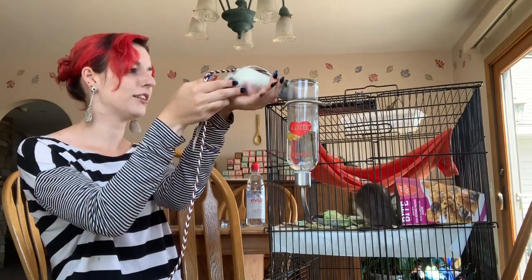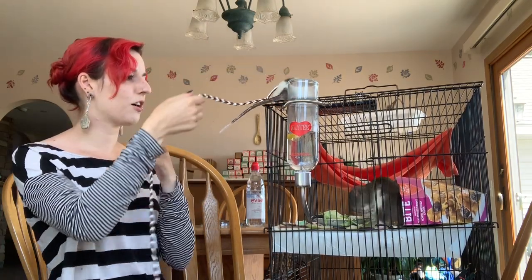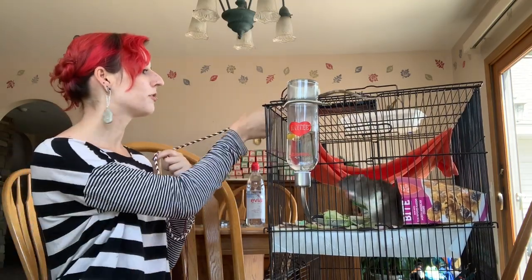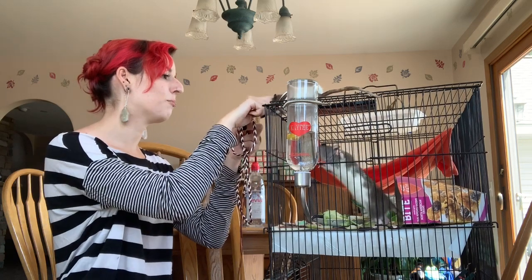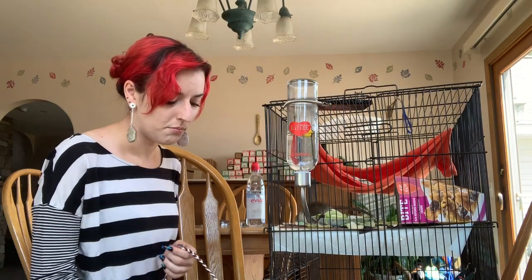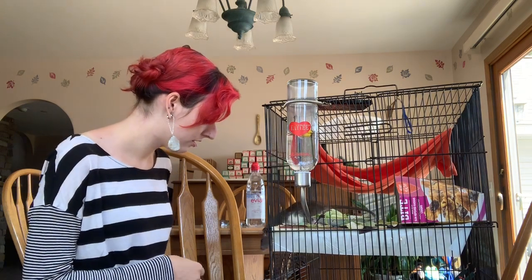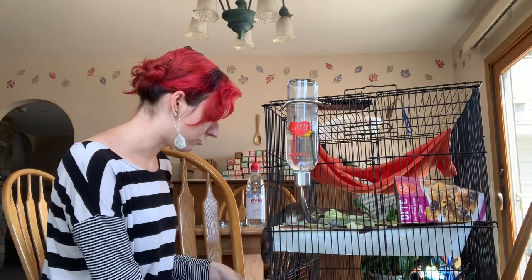Oh my goodness. You want to go up there? Let's see. You walk around in it? How does it feel? No. Okay, so immediately we're just chewing on it. No. I think maybe we'll see if we can get her to go for a little walk on the floor with this. I think I'll shut the dogs